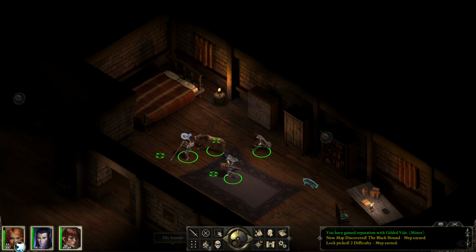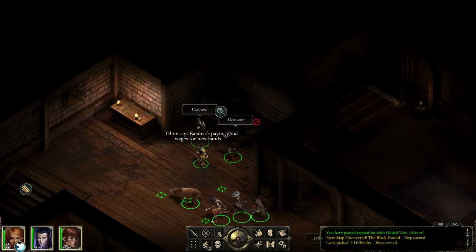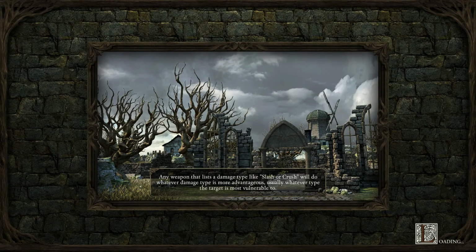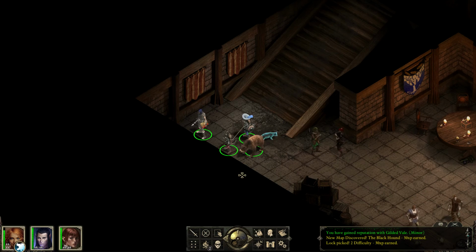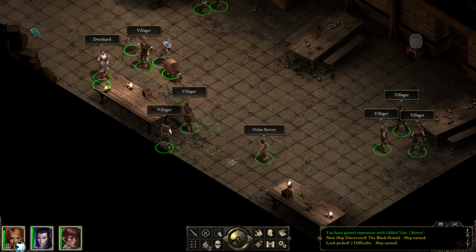Anyway, I'll check it in between episodes. So, that is that for the Black Hound Inn. We've talked with everyone around here. We've gotten ourselves a new party member, and I think it is time for us to pay a visit to